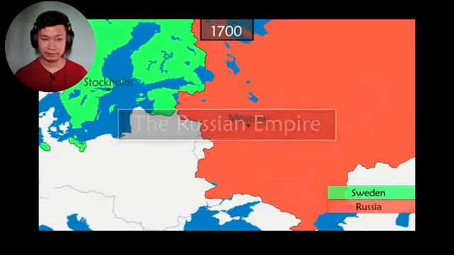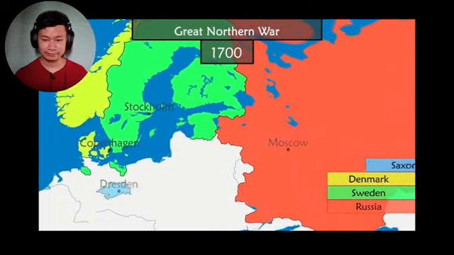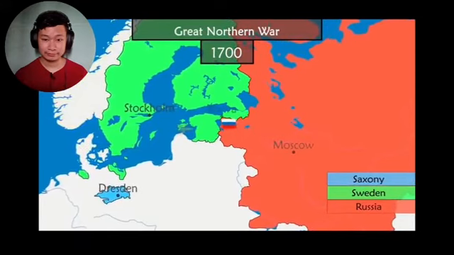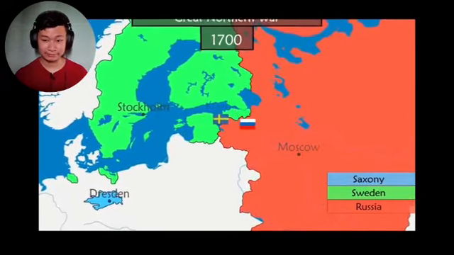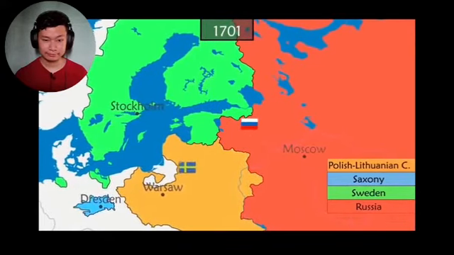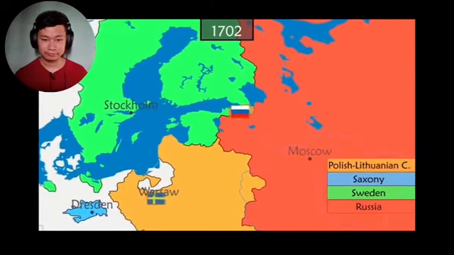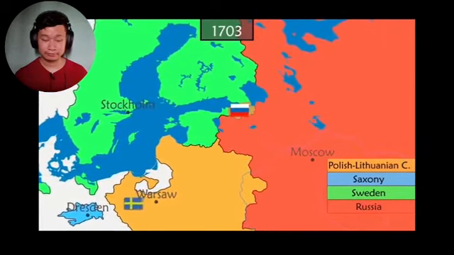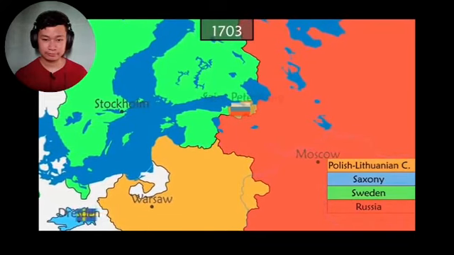Russian Empire. After joining an anti-Swedish coalition with Denmark and Saxony, the Russian army besieges Narva, but is quickly routed by the Swedish army. The latter then moves towards Poland and Saxony, giving Peter I a much-needed respite to reinforce his army and resume the offensive. After a victory at the mouth of the Neva River, he decides to found there a new city, which he names St. Petersburg.